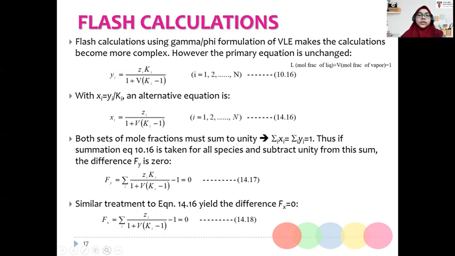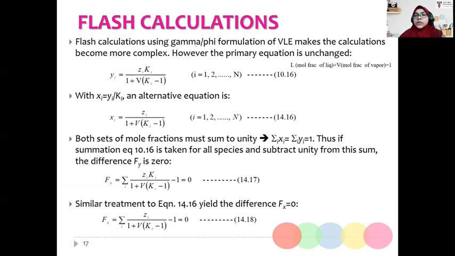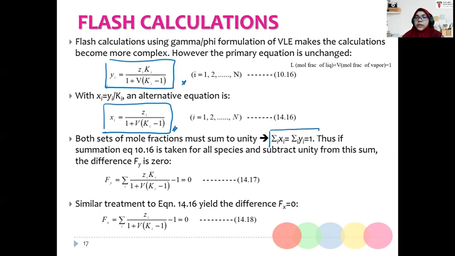Okay, we can also apply the calculation using the gamma-phi formulation for VLE. However, the calculation is more complex. Primarily, the equation for the vapor and also the liquid phase is expressed in this expression, and then the mole fractions on both sides must equal unity, or the summation of the vapor and liquid phase is equal to 1. And then after that, we may introduce into this expression the difference of the